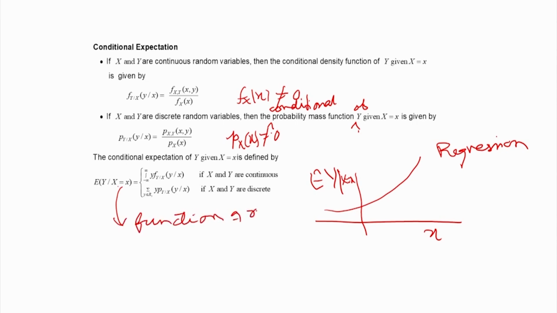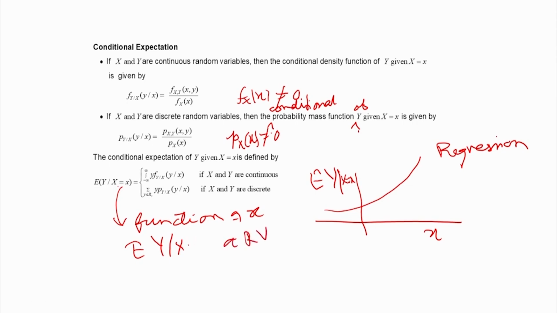Function of x. Now, if I consider x to be variable, because this is for a particular x, and if we consider x to be variable, then we want this conditional expectation E of y given x, because x will be taking different values, and this quantity is a random variable. Of course, this is a random variable, and this can be used, for example, to find out the expected value of y. So, that way this is a random variable,